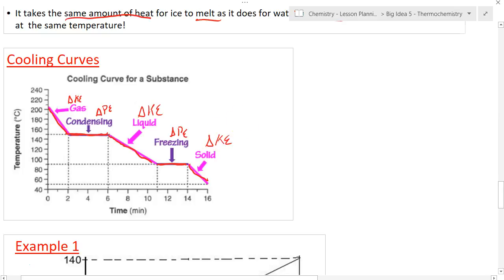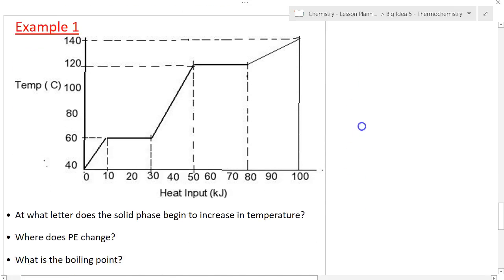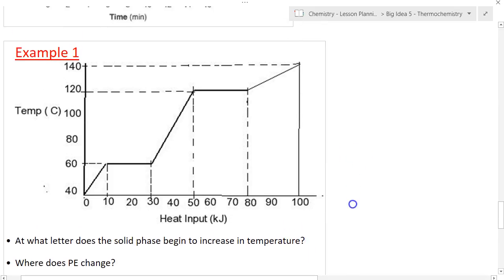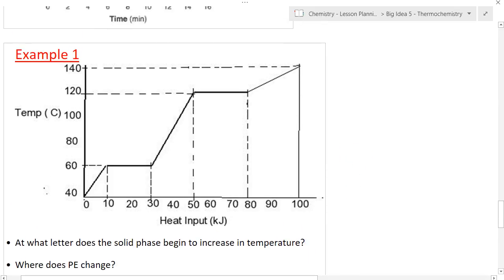Okay, so let's go through a couple examples just to make sure we understand what's going on. It says what letter, but we're just going to say what point. So it says, at what letter does the solid phase begin to increase in temperature? So we're trying to find our solid phase on here. Our solid phase is always going to be the lowest temperature one. So we have solid down here, liquid here,